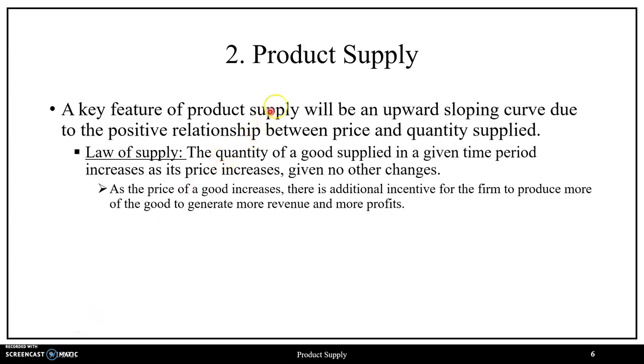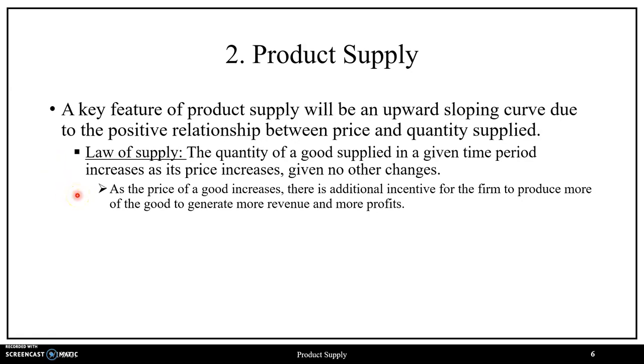Now, with respect to product supply, a key feature will be that it is upward sloping due to a positive relationship between the price of a good and the quantity supplied of a good. This positive relationship between price and quantity supplied, we can iterate via the law of supply, which states that the quantity of a good supplied in a given time period increases as its price increases, given no other changes, where we can give two arguments in terms of supporting the law of supply,